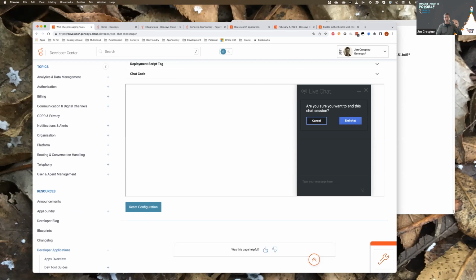In the message flow, it's questionable whether a new message flow will fire or not. There are some thresholds that have to be reached to have it run a new messaging flow on an existing web message. But if it does run a new web messaging flow, you can use the API to query the conversation JSON for that web message and see what the previous disconnected queue was, so that you could then maybe route again to that same queue.